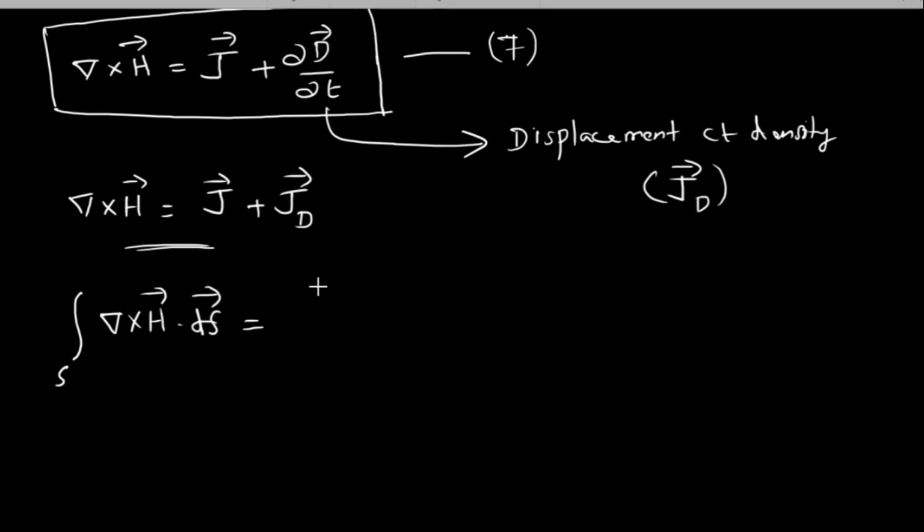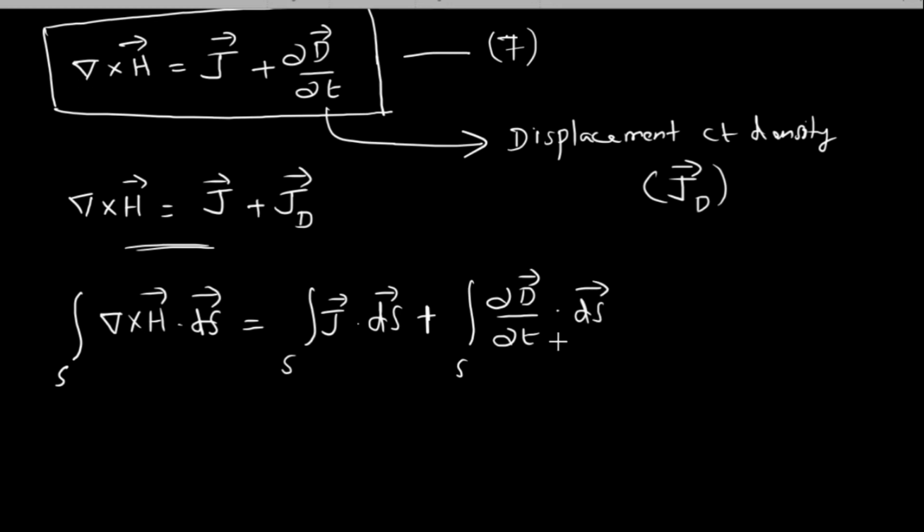So if I integrate this equation over a surface, I write this as surface integral of J dot ds plus surface integral of ∂D/∂t dot